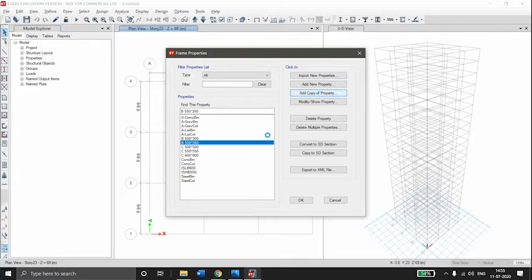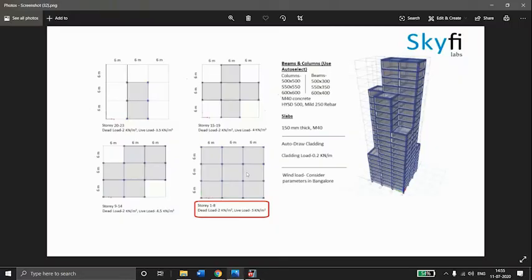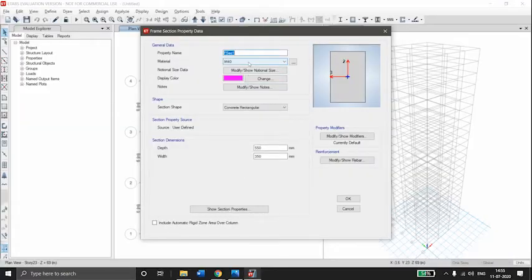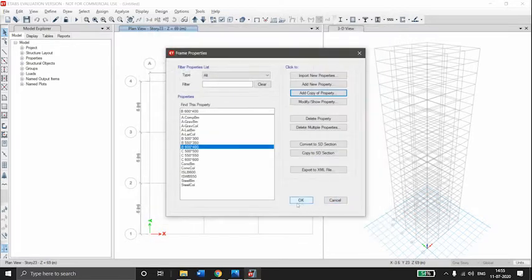Again add the copy of property. The third beam size is 600 into 400. So dimensions are selected 600, 400. Okay. So now we defined a new property, beam auto select and column auto select.